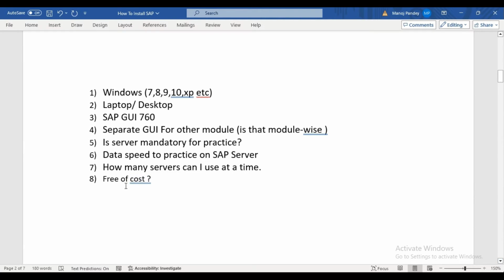And some students also used to ask, sir, are servers free of cost? No, servers are not free of cost. Either you have to purchase them or you have to take them on rent. The purchasing cost is very high, but as a student you can take your dedicated user ID on rent. There are so many plans available, like a monthly plan, 3 month plan, 6 month plan, or yearly plan. According to your need, you can select a particular plan, enroll in it, and practice.